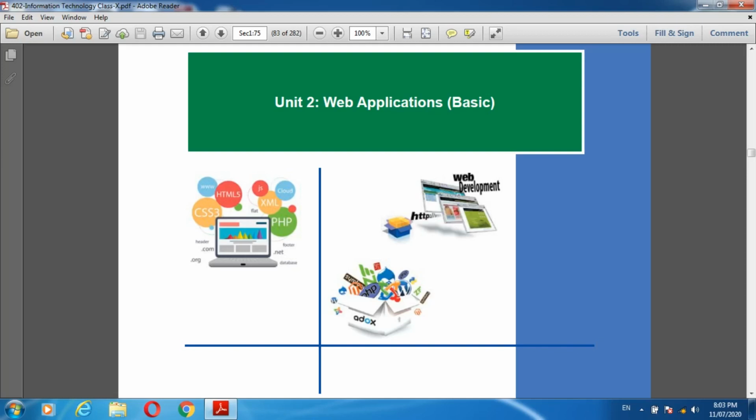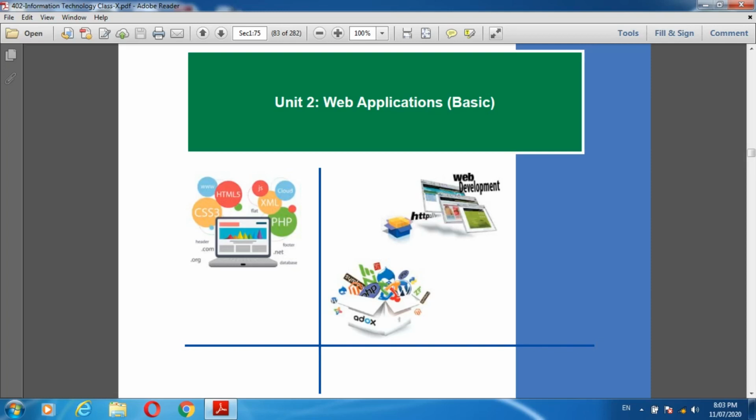And in this session, we are going to learn Unit 2, that is the basics of web applications. So, my dear students, in this unit, which topics are we going to learn?